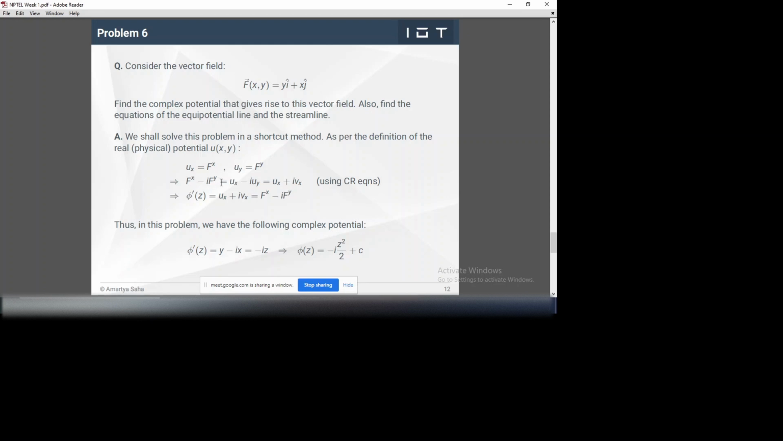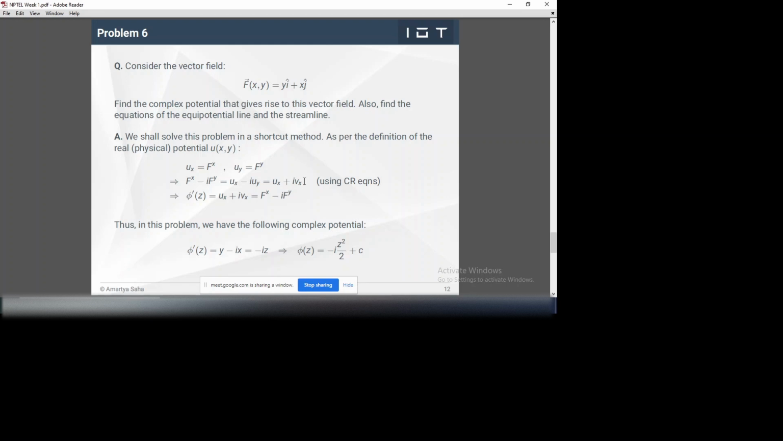So fx minus i fy, a combination of the x and y components. This is nothing but ux minus i uy as per definition, and then by the Cauchy-Riemann conditions, this is nothing but ux plus i vx, because vx was minus uy. Now we recognize ux plus i vx is nothing but the complex derivative of an analytic function with respect